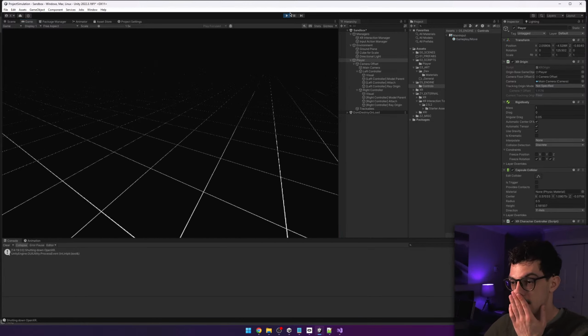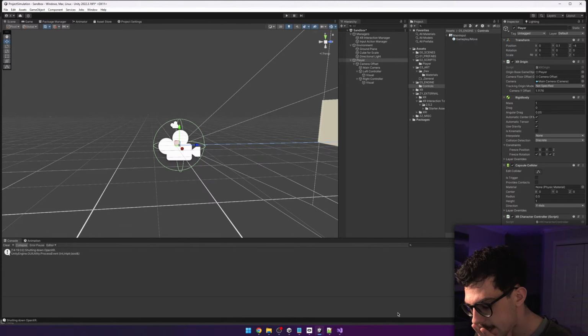So we want. Do we want to be? Actually, we don't want the collider to spin, so we will constrain that as well. But we are moving, which is good. We have a move speed parameter,